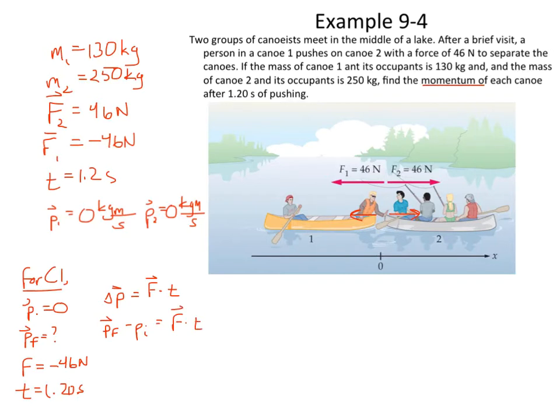And we should be able to solve for our final momentum. You could say we can add the initial momentum over here, but it's going to be 0 anyway. So our final momentum is simply going to be force times time. But keep in mind the direction of your forces. It's going to be negative 46 newtons times 1.20 seconds. So our final momentum of canoe 1